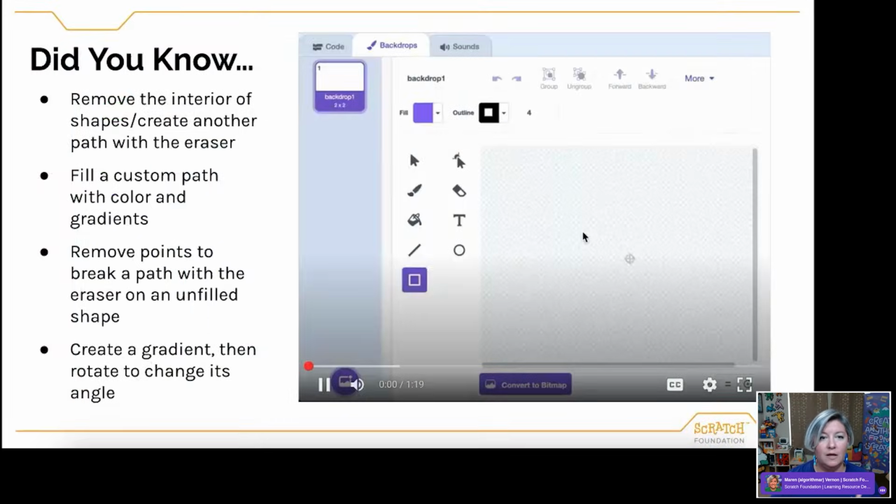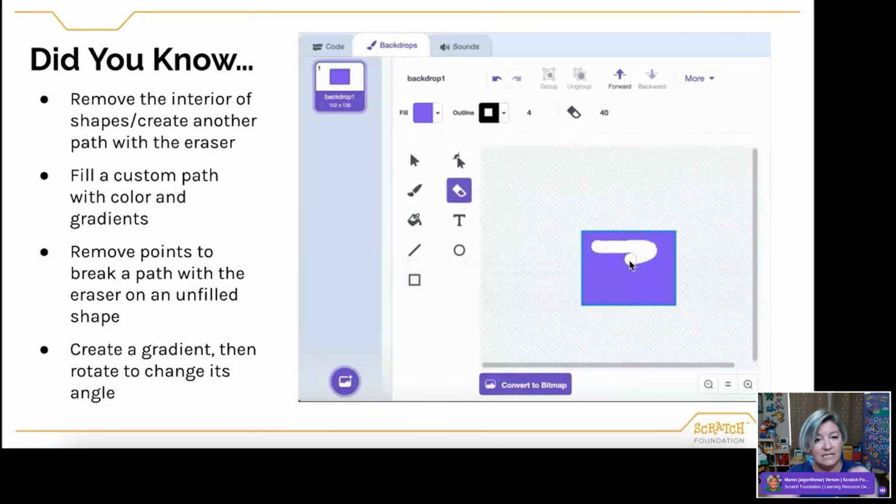There are a couple tricks about the tools that I love to share. There's a couple of things that you can do that you may not know that you can do. So one of those things is that you can actually remove the interior of shapes with this eraser tool, and it makes a custom path.